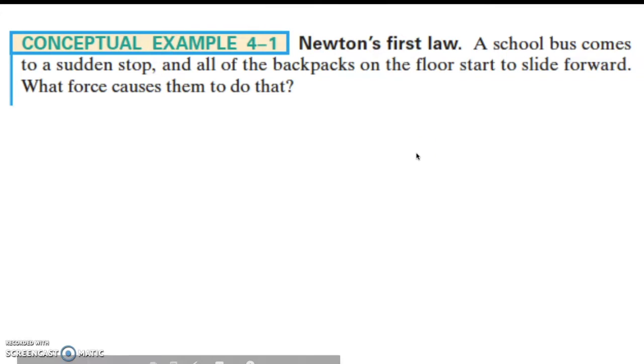Again, not a force. Inertia is something that happens to matter. And inertia is very important to think about. It's what you continue to do, right? It's what keeps you moving. So if we go back here